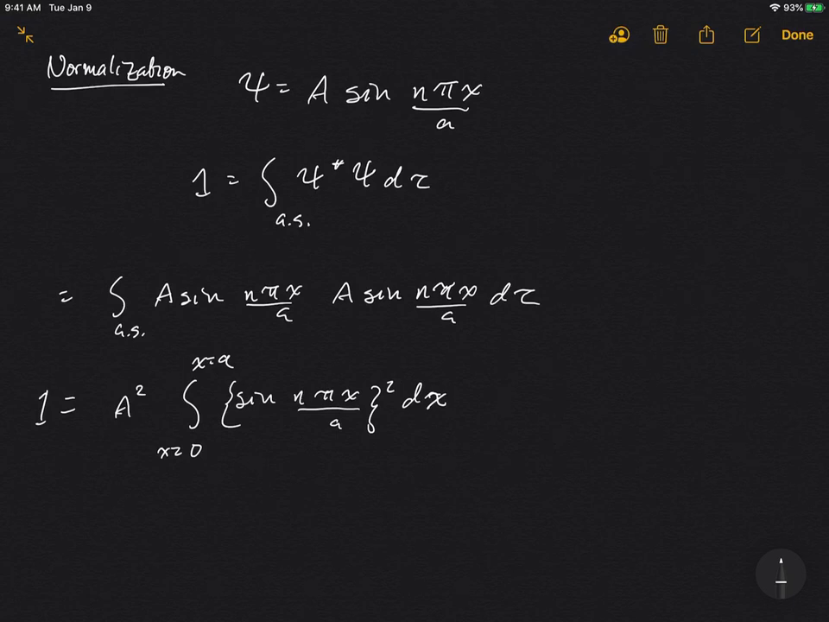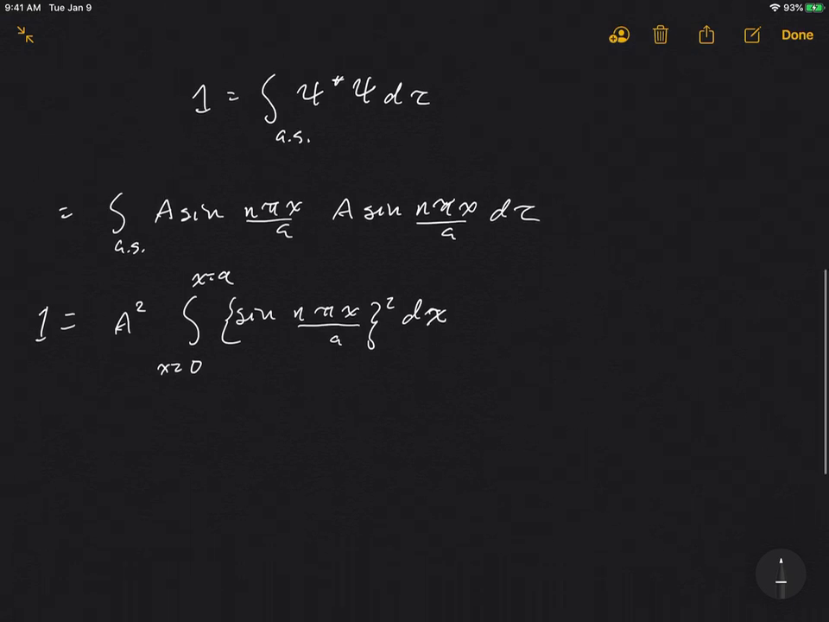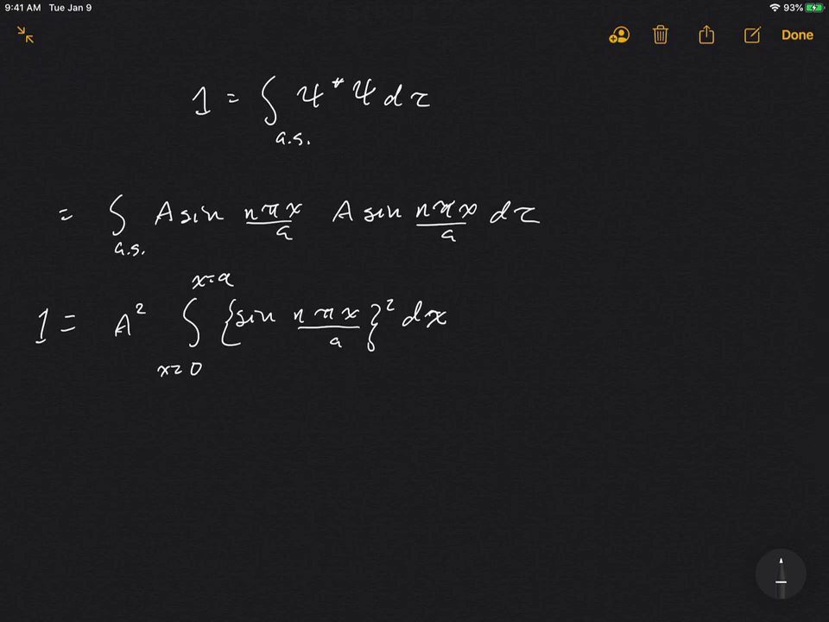Okay, so then we end up with that integral. Now it turns out that this integral here integrates to a over 2. So we can take this function, and let's say first we try n equals 1. So it'd be sine pi x over a. Plug it into